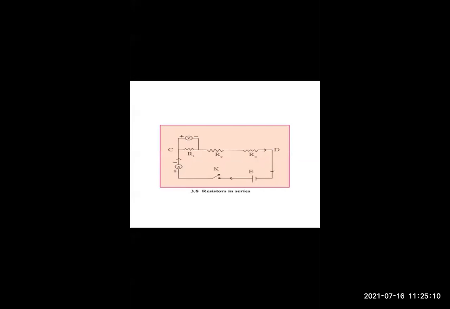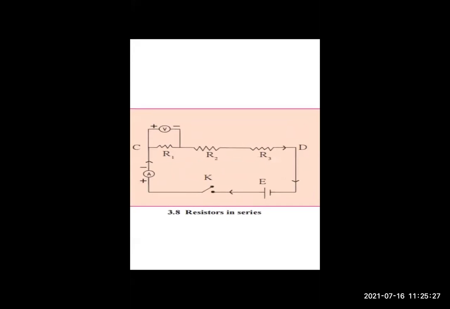Now let us move to the next diagram. Here you can see in the diagram that resistors are connected in series. You can see that the ends of the three resistors are connected so that they follow one after the other in a single line. R1, R2 and R3. Look at the diagram, students, on the screen. How are they connected? One after the other in a single line.